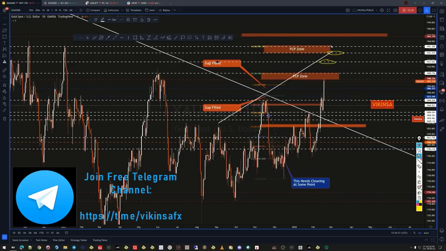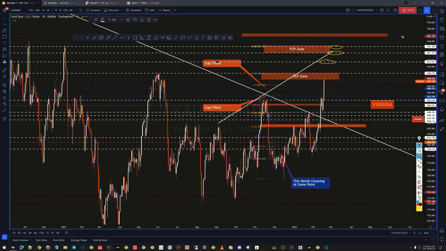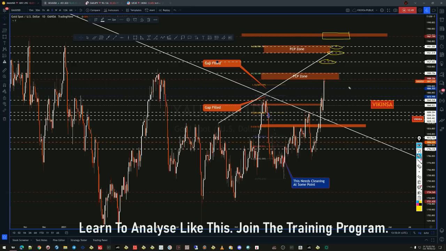This FCP zone will be there, and 1951.58 will be the next target. If it continues to rise, then we have the 1967.8 level, this FCP zone. At each of these levels, because all of these levels can act as a resistance, you should be taking partial profits, or you should be getting out of a position, because these can act as resistance and the market can actually fall down.